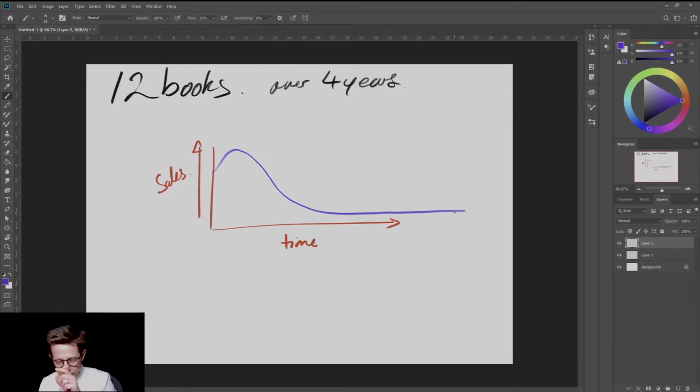Okay, so the sales go up fairly quickly at first if you do your marketing in the right way, but then very quickly they fall off. So you may be only getting a few sales a month. So you might start off with something like per month. So if I divide this into months, say, so these are months,